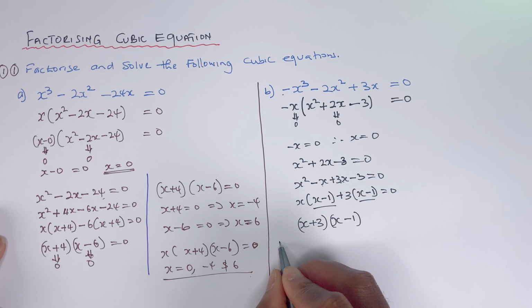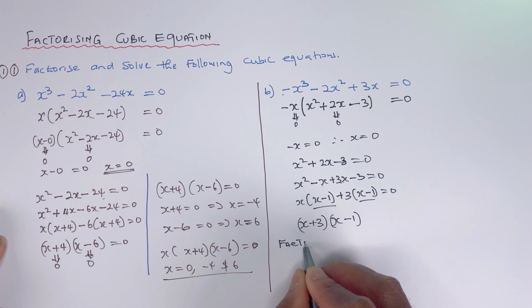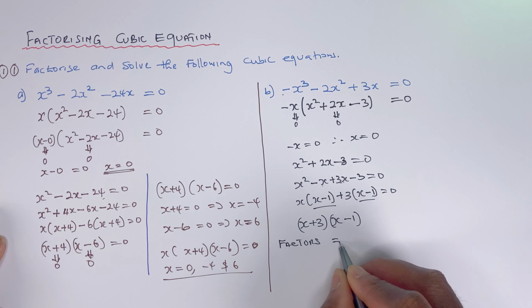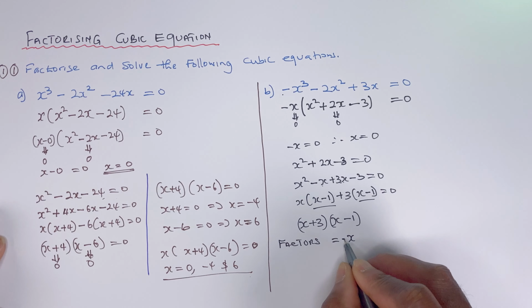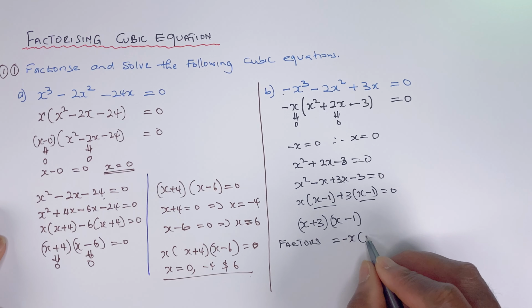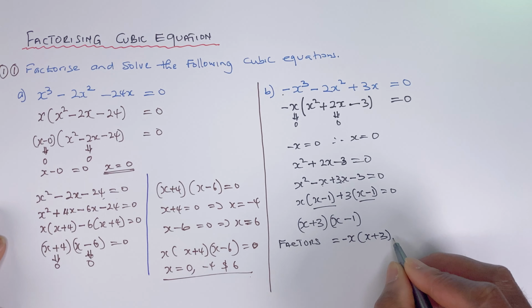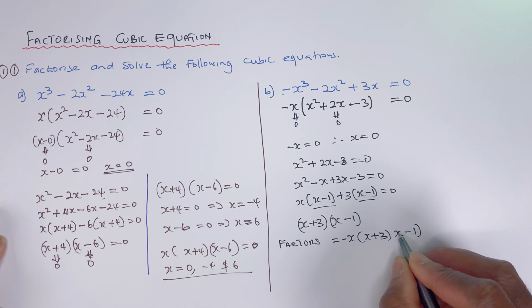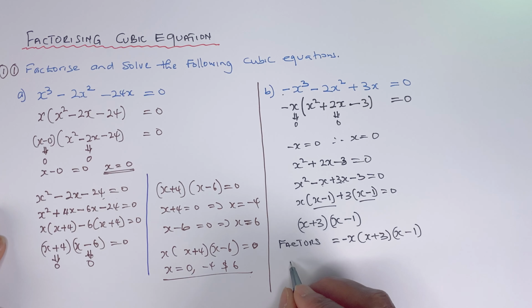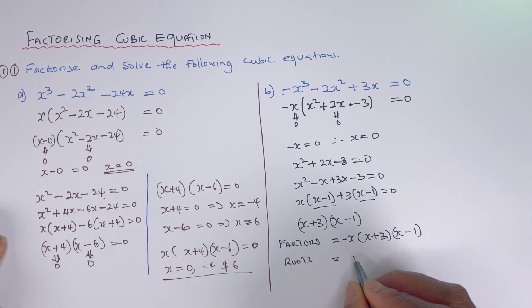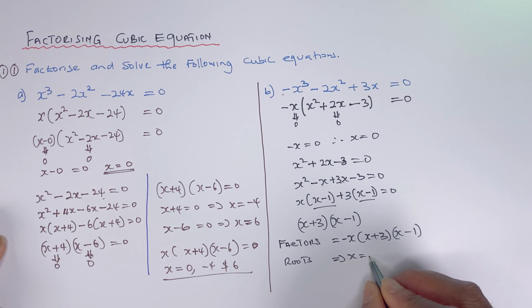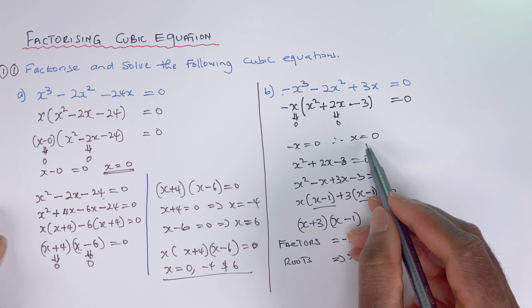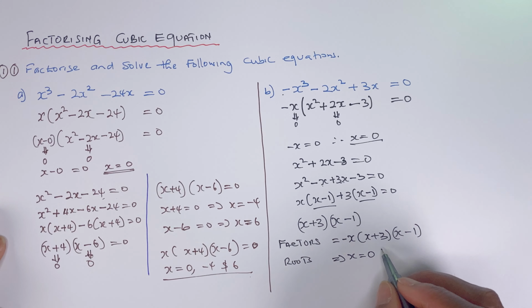So the factors altogether are x, or minus x, x plus 3, x minus 1. And the roots or solutions are x equals 0, because that's the first one there. And then